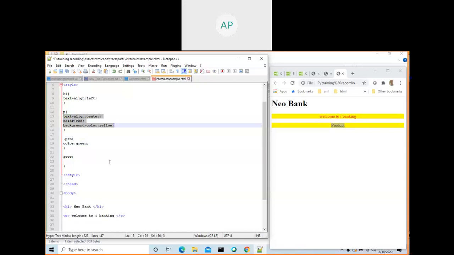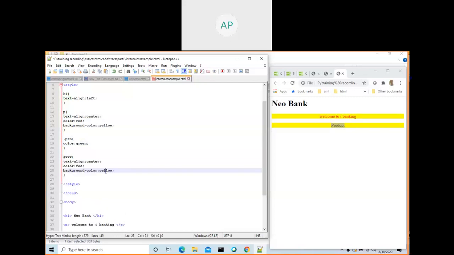Control C, Control V, GRAY, gray, RIGHT. Okay, we will see what is happening. Gray is not good. Gray.